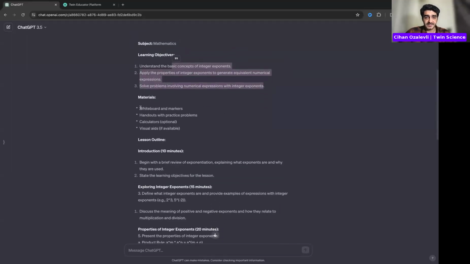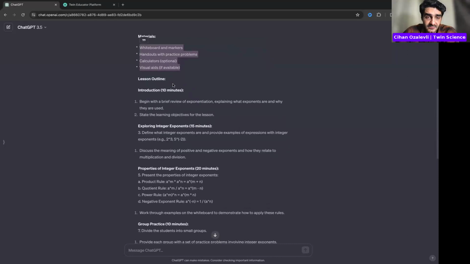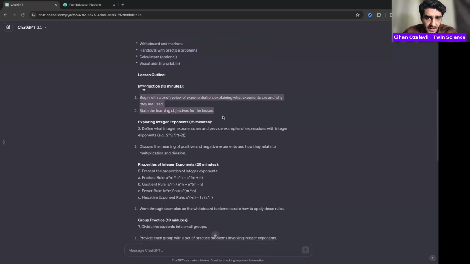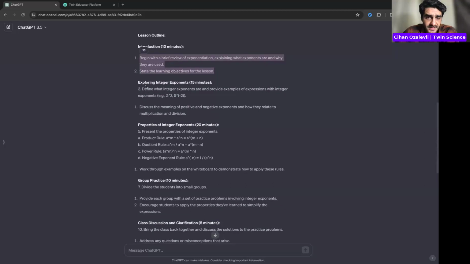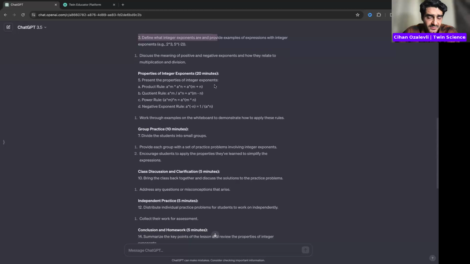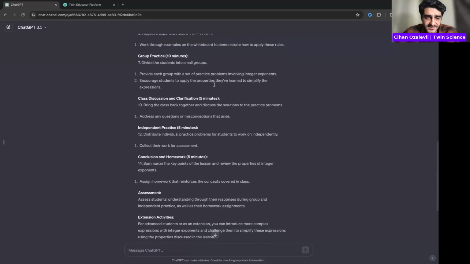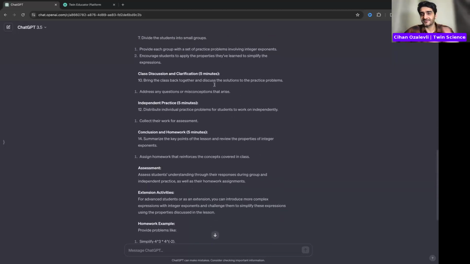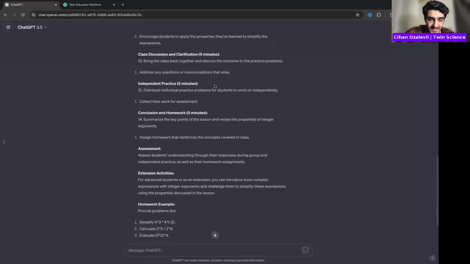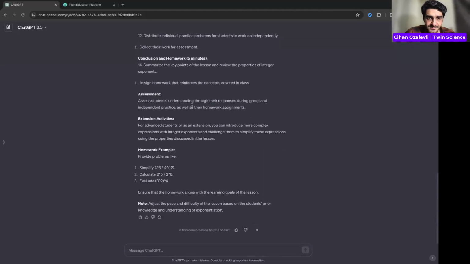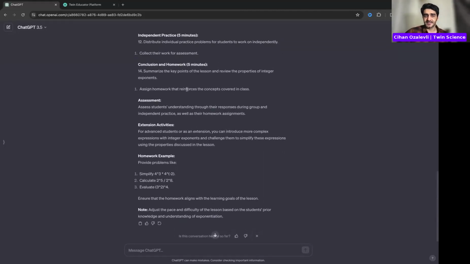The materials for an activity that it suggested are listed. The lesson outline with the introduction, and then the other steps, exploring integer exponents. By the way, you can write your comments as well, like on whether you liked it or not. But this is the simplest lesson plan generator that you can make.